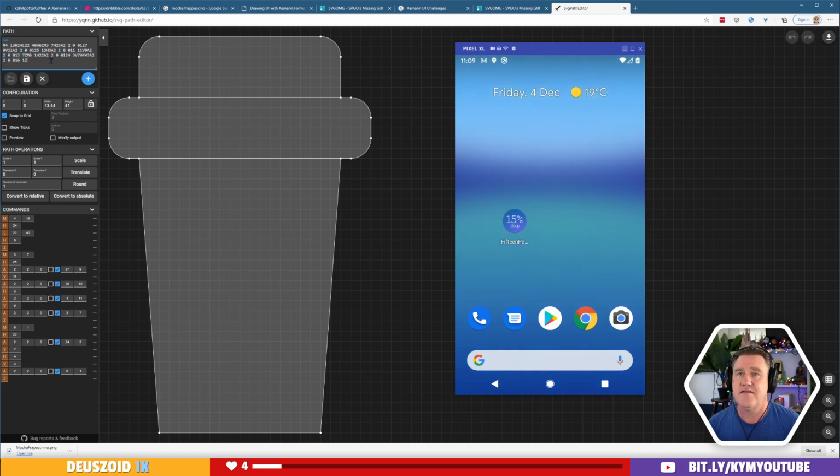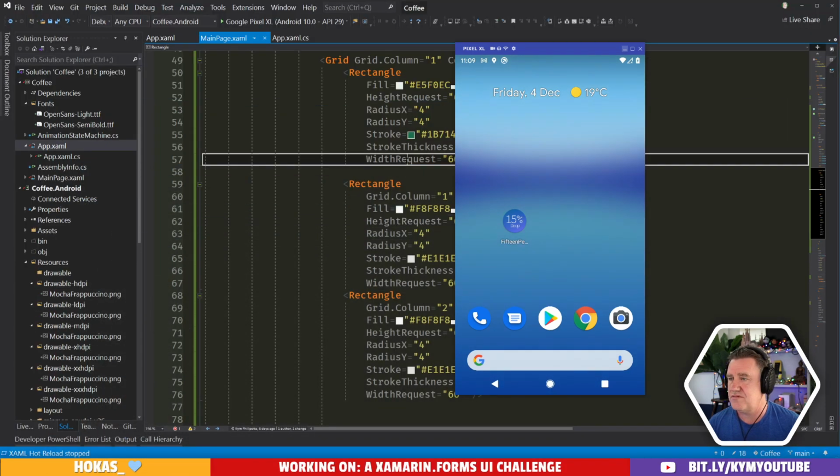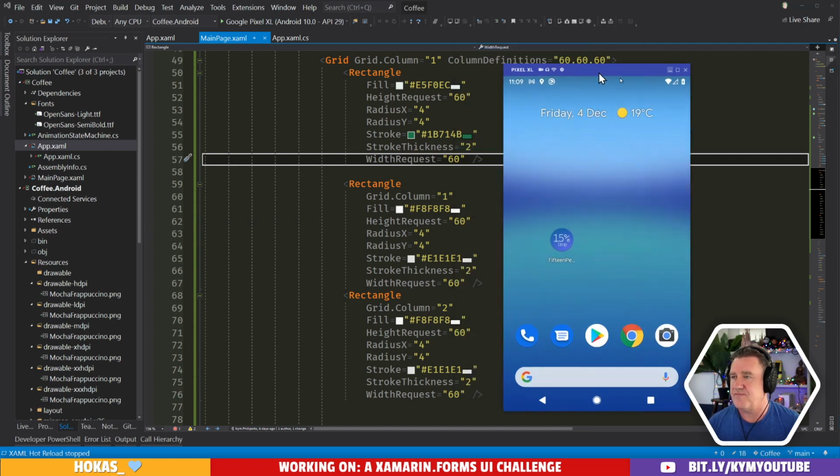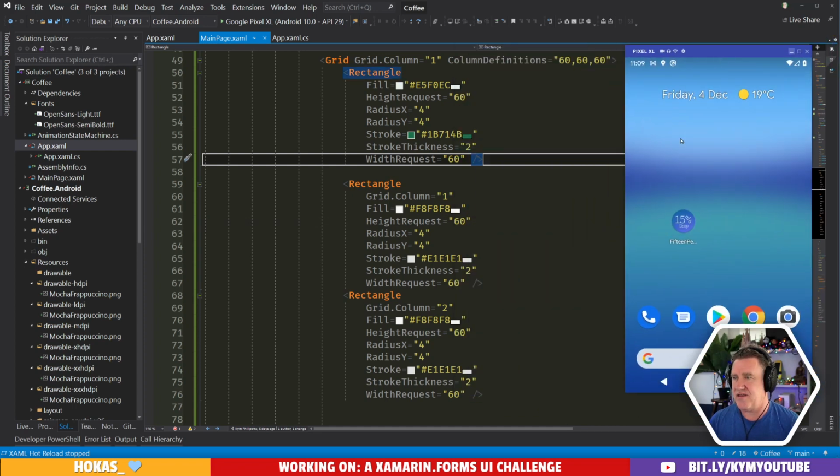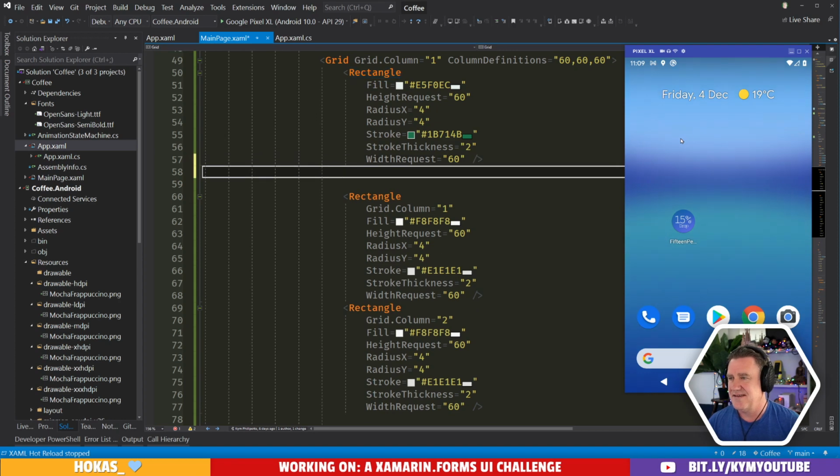And then let's basically grab that. This is a pretty cool tool actually, because you can go and get your SVGs and it has all of the commands in the SVG here, and will allow you to edit it, which is pretty cool. All right, so let's see if we can put this path in, see if it works.